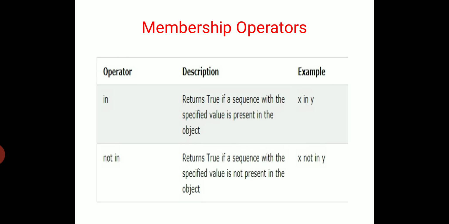Now the membership operator. So what is the utilization of the membership operator? It returns true if a sequence with the specified value is present in the object. Means if a sequence is the same, say in a tuple, it will give yes or no. It returns true if a sequence with the specified value is not present in the object. Means अगर आपके पास specified सिमिलरिटी नहीं है या स्पेसिफाइड आपको एक पैटर्न में नहीं मिल रही है, सो वो आपको नॉट इन देगा. ओके. आपको सर्चिंग करनी है. इट्स अ सर्चिंग टूल.